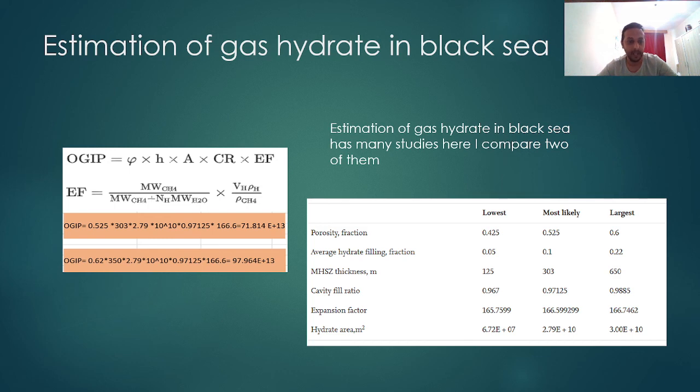I calculated that the original gas in place was close to 71.8